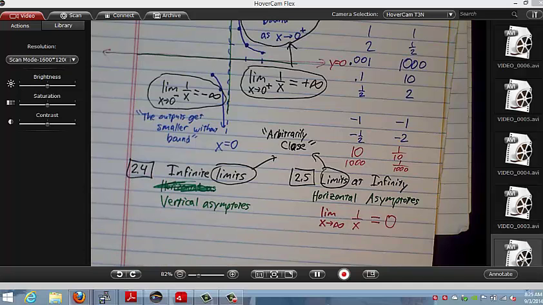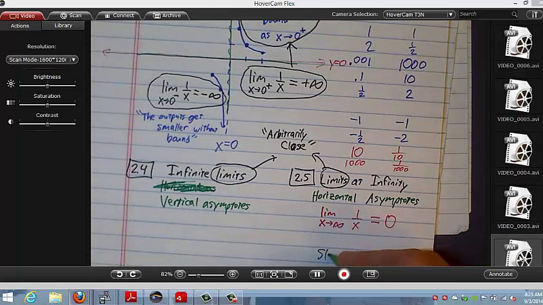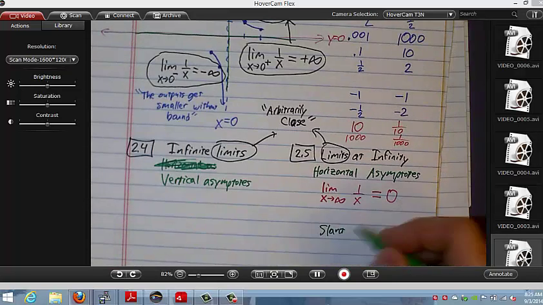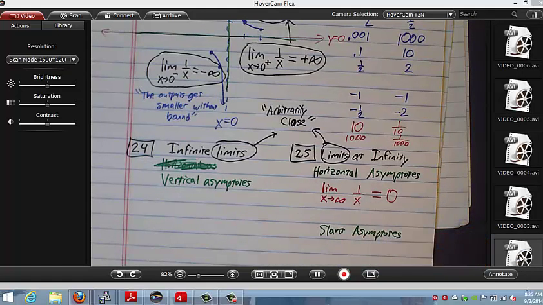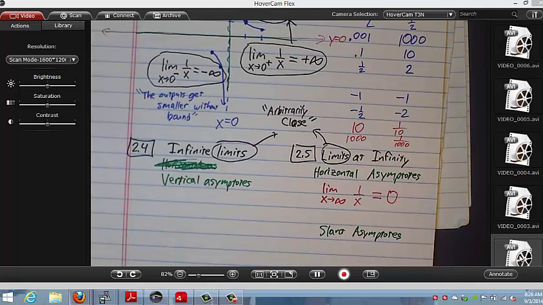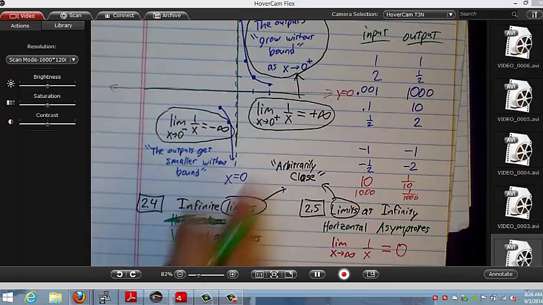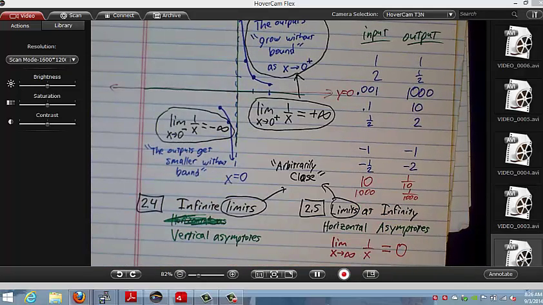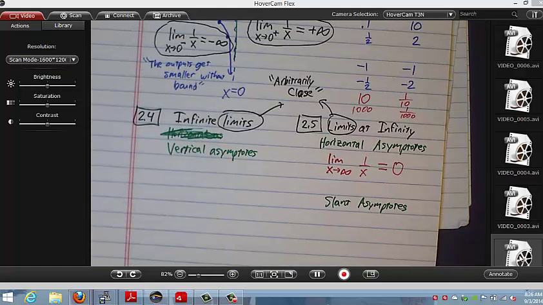Now, there is one other asymptote that you're going to read about for Friday, so I may as well mention it while I'm on the subject. How many have heard of slant asymptotes? A few remember this, okay. So I may have to do more with this on Friday, we'll see. But I don't have any slant asymptotes for y equals 1 over x, but it turns out that some curves don't get close to a horizontal line, but they get close to some other line. And we'll talk about that more on Friday, okay? Slant asymptotes, I guess